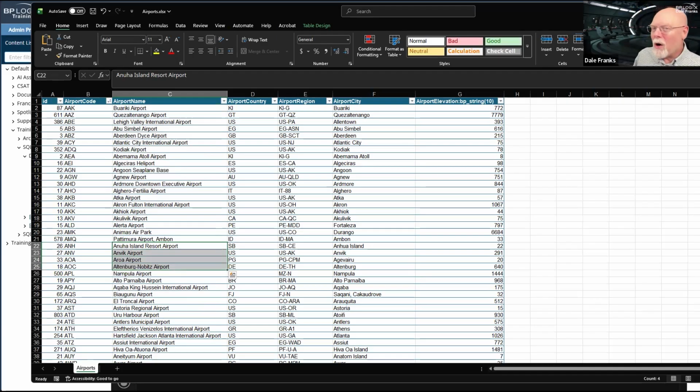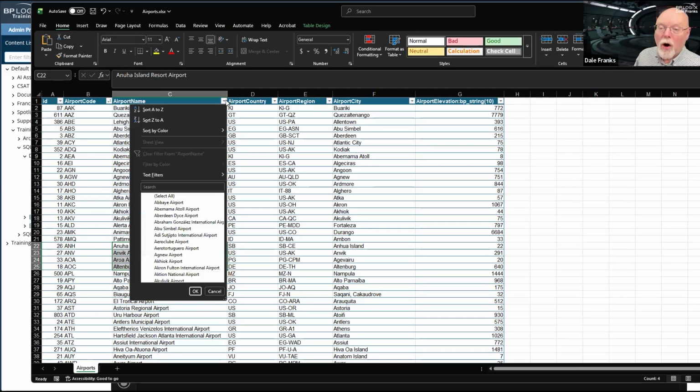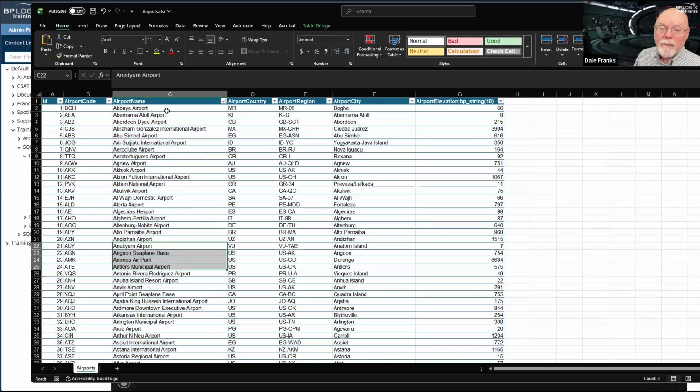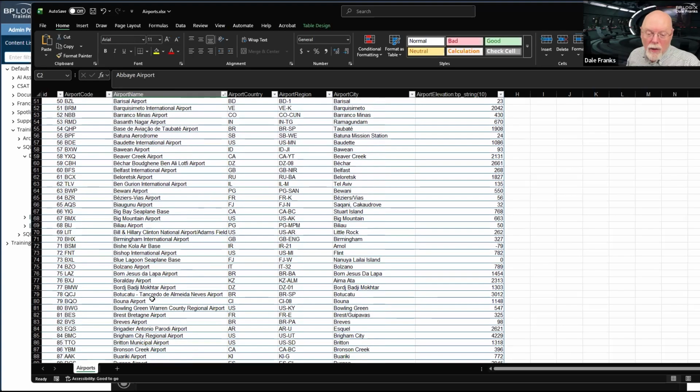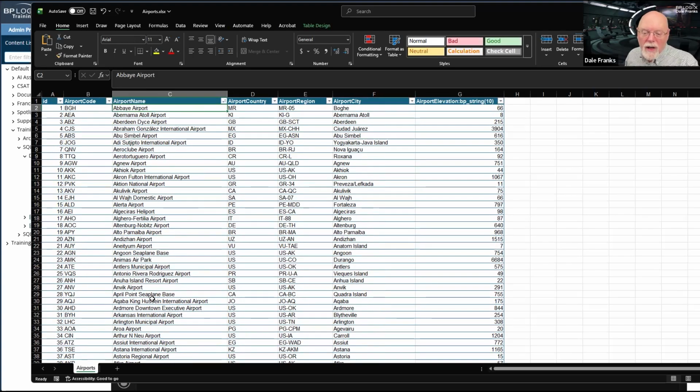We want to make our dropdowns make sense, which means we do need to sort the data so that when our user sees it, all the A's are together, all the B's are together. This is just one of those little UI things you need to do to make life easier for your end users, so that they understand the sort order subconsciously when it's in alphabetical order.